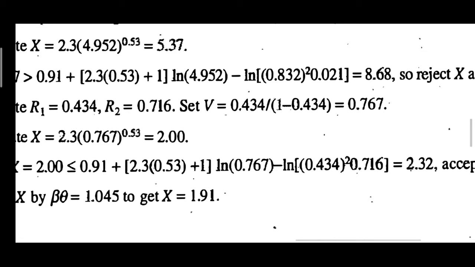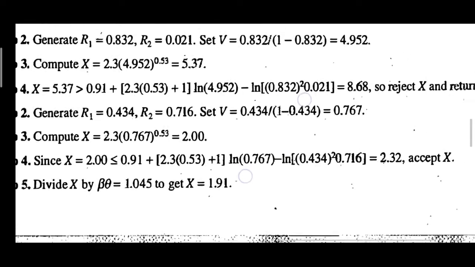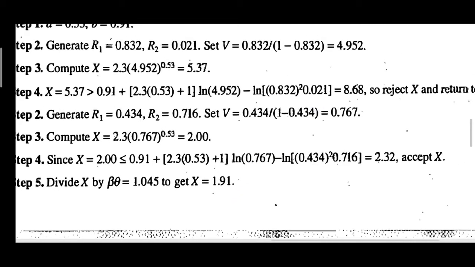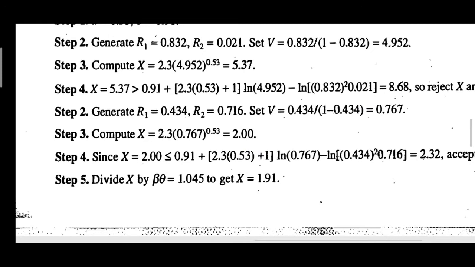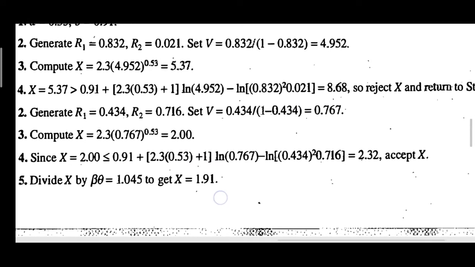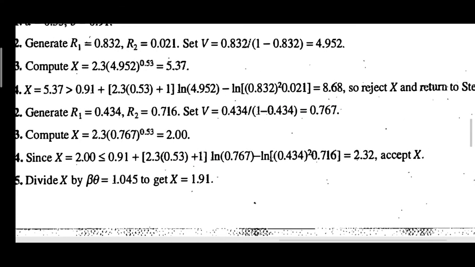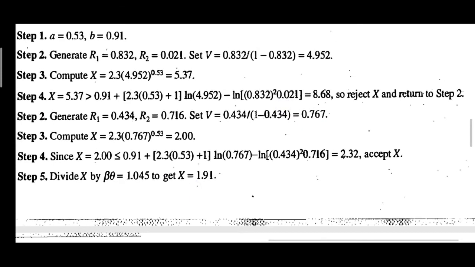That is the variate you are generating for the gamma distribution after performing the testing. The acceptance test technique is one of the same. Here it is accepted because the value of x is less than the value obtained from that formula. Fine. Note down the things, and watch the video again.